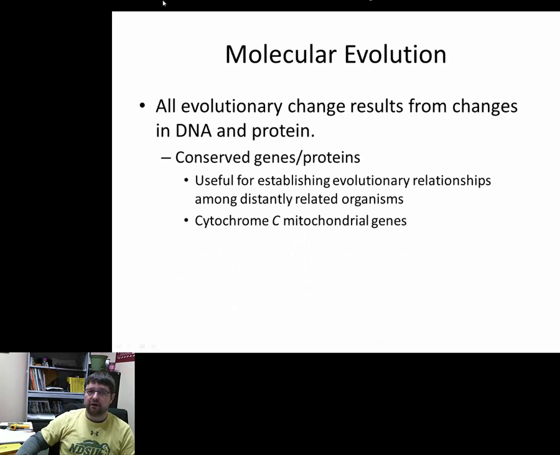By knowing that, we can also examine things that we consider conserved. Okay? These are genes in an organism that have not been changed in a long period of time, because any minute change will result in death of the organism. Okay? So things like cytochrome C in the mitochondrial genes, this doesn't change very often at all. Now it does show relationships, distant relationships, but cytochrome C hasn't been changed in mammals in millions of years. Okay? Same genes, same everything, same process, and that's because it occurs in the electron transport chain.